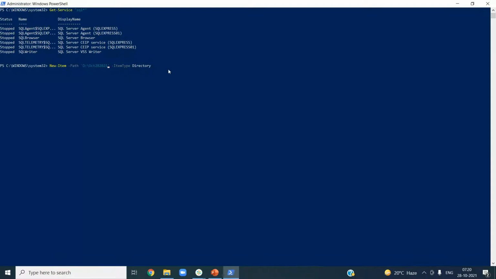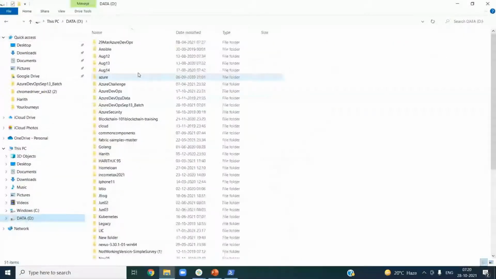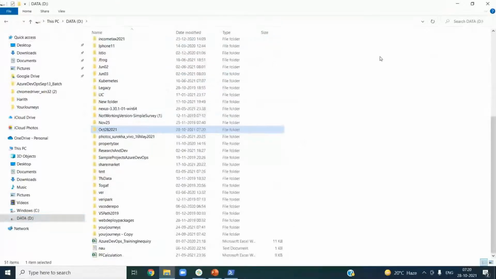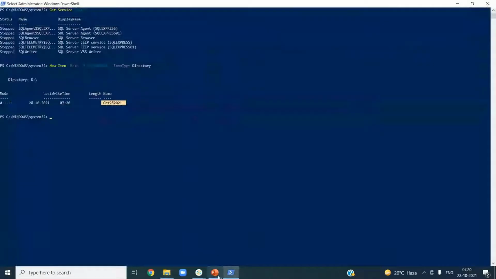So it is going to create a directory with the name October 28 2021 in our D colon drive basically. That's what you see. Under the D drive, it created a directory. If you go here, is it here, right? Just an example, okay?